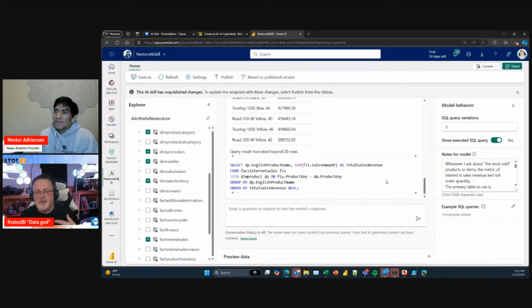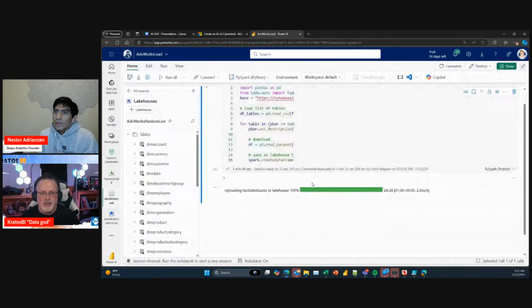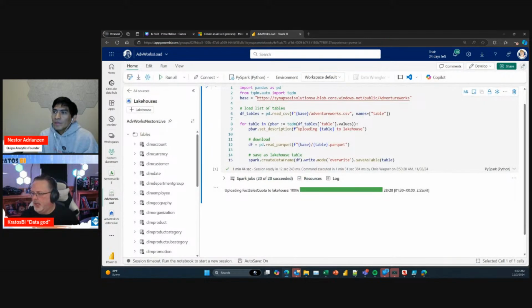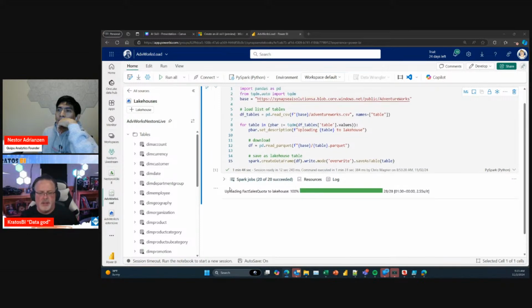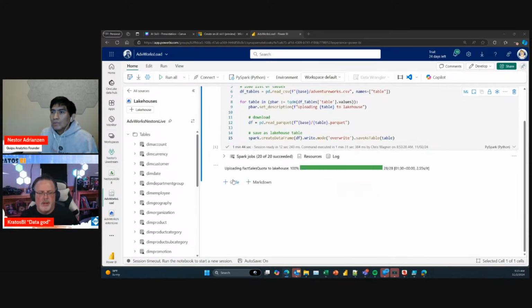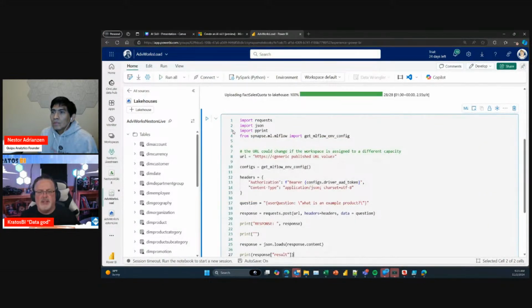Right. Got it. And then the last thing that we can do is go back into my notebook and try to use an API to ask it a question. Ooh, API is fancy. Yeah. Are you excited? I'm going to go into the notebook where I created the import, so I don't create another one. I'm going to paste in the code that Microsoft gives us for this. Now, I do have to update this URL for the AI skill.